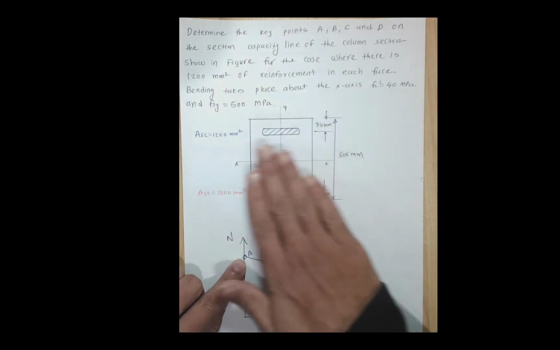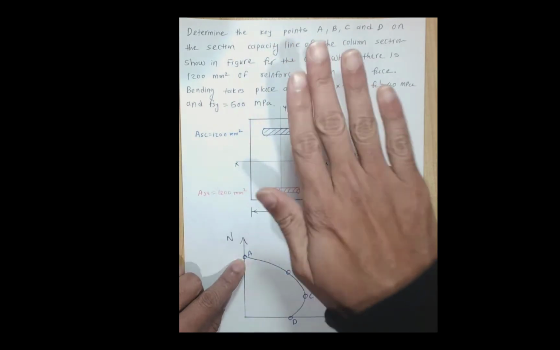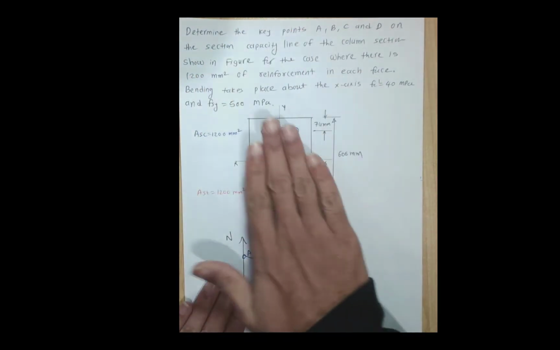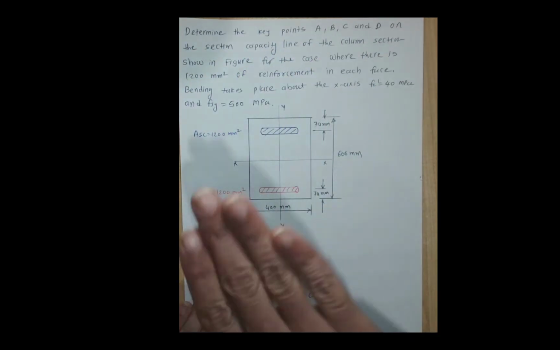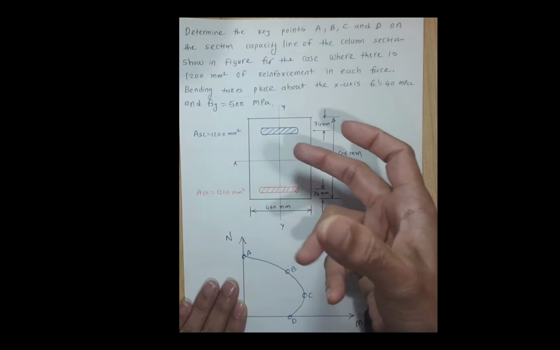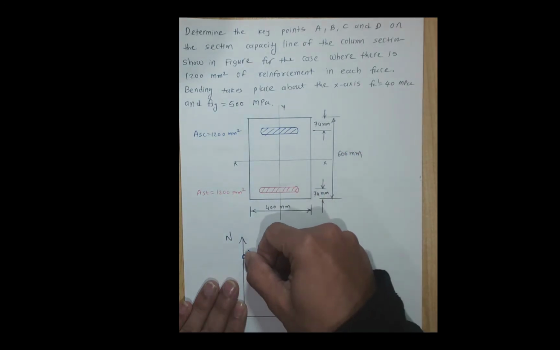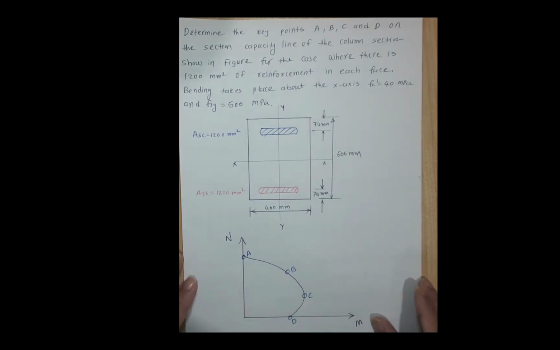Your full column is under axial compression, the whole surface is pushed down, meaning that everything is squashing down. It doesn't have any bending. It just has axial shortening in the column. In that case, we get point A. There is no bending moment in the column. So that is the scenario for axial